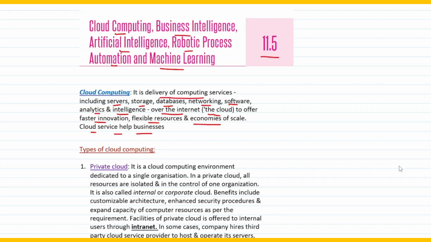What is the purpose of doing it? It can offer you faster innovation, flexible resources and economies of scale. Okay, what do you mean by economies of scale? Economies of scale simply means any cost advantage that is reaped by companies when the production becomes efficient. Nothing but if your production increases, automatically your cost comes down. So that's what economies of scale is. So higher the production, lower the cost, or we can say any cost advantage